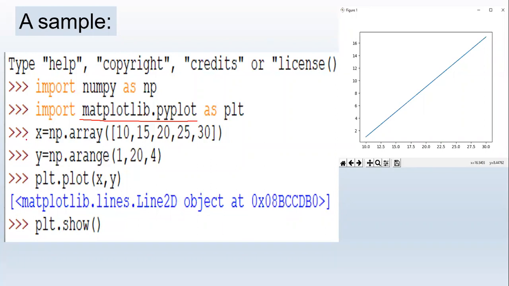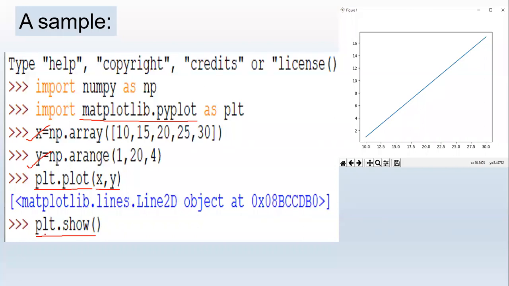Then take some numbers for the x-axis and y-axis, and we have to write plt dot plot. It is so easy. plt.plot(x, y). X values will be for the x-axis and y values for the y-axis. You can take any values. No need to use array and arange methods. Then just type plt.show.